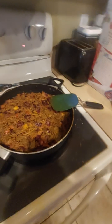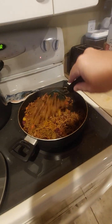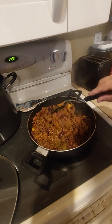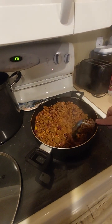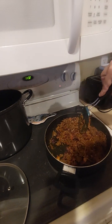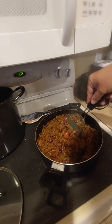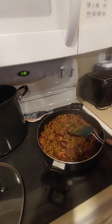See what I mean? And now, the reason why I don't put this lid on there is I'm letting that steam out. I want that steam to get out of there. The more that steam gets out of there, the better. Because now all that stuff is sinking in. So you know how you eat a taco, a little bit of water runs down your hand? You want to keep doing this until it's dry. And that's where the